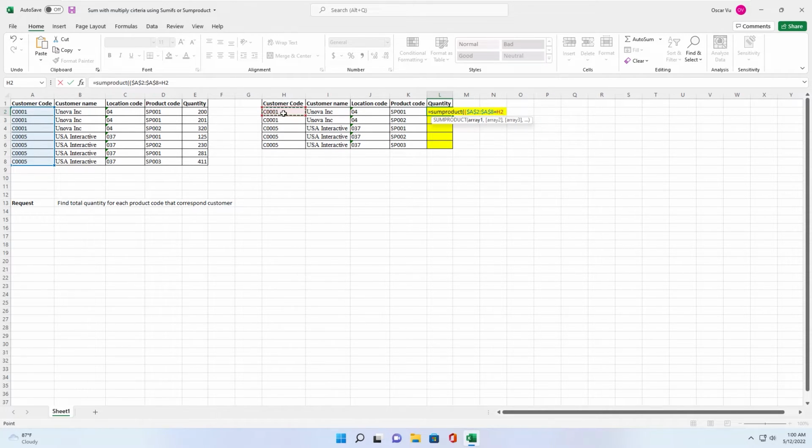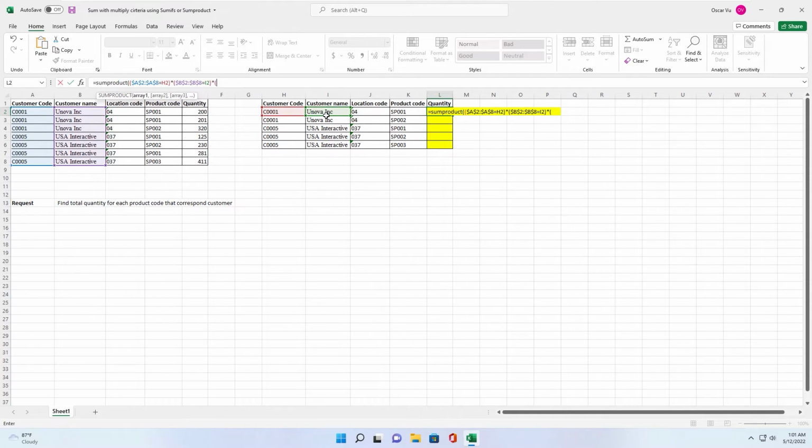S2. We will find the value S2 in this array, close parenthesis for array 1, because all values listed in the line make a result happen. So we need to multiply with all conditions. You open parenthesis, array 2 B2 to B5, press F4 to lock, equal E2, close parenthesis,